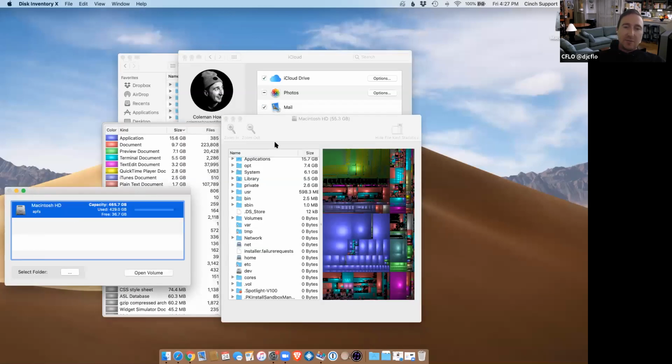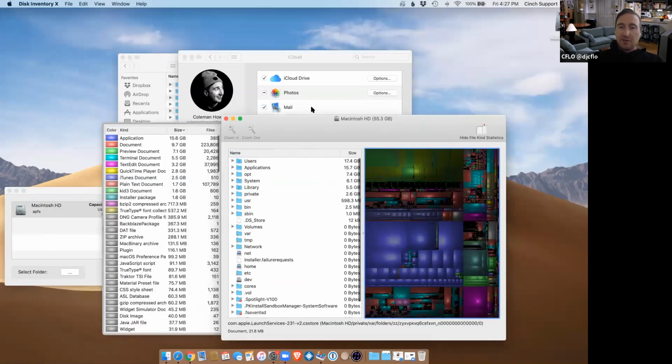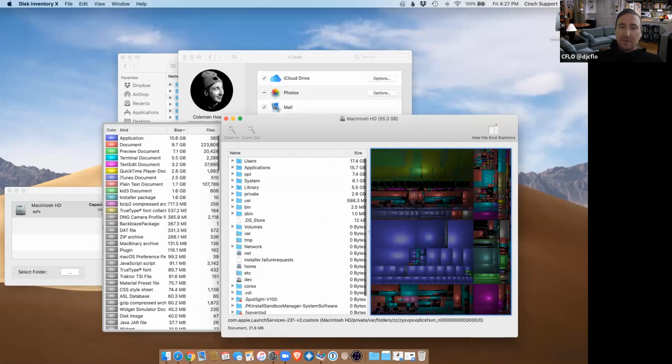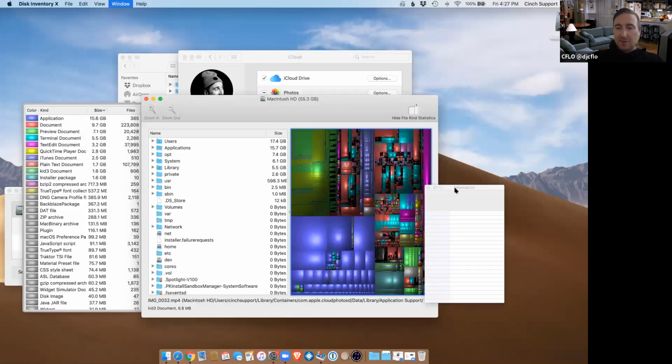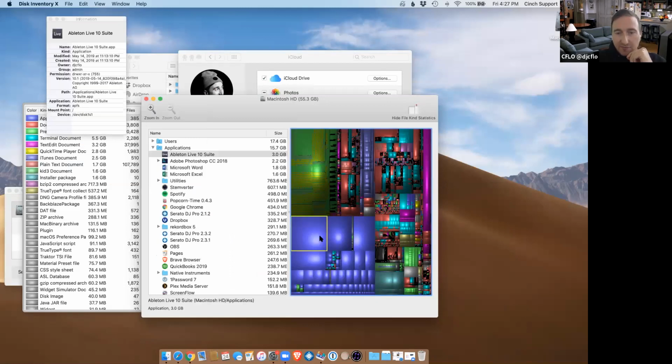You click it and you click open, and it takes like 5-10 minutes to scan, but then you can move it around, and I hit info, it comes up with this. And you can click on things and find out what they are. So if I click this, like what's this giant file? It says, oh, it's Ableton, 3 gigs. And then you get a little more info here.